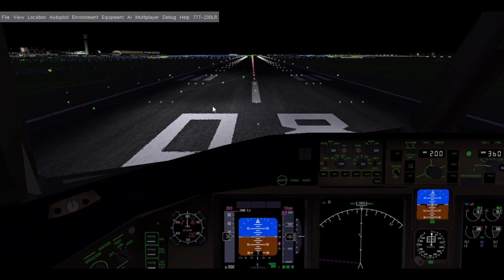The first thing we need to do is to find the amount of fuel we need, and we need to fill that amount of fuel into our plane. So I used a website called fuelplanner.com, and in that website you can choose the type of plane you're flying, which in this case is a Boeing 777-200LR, and